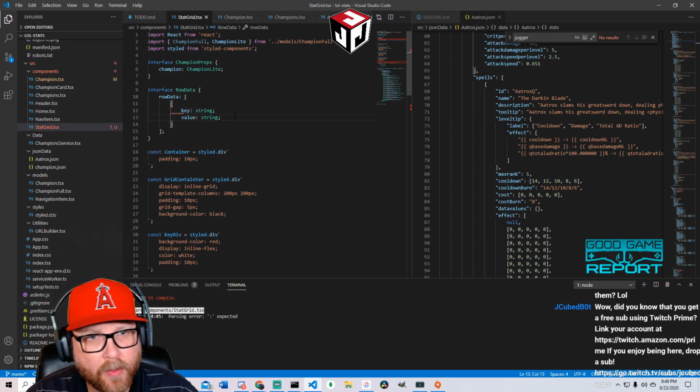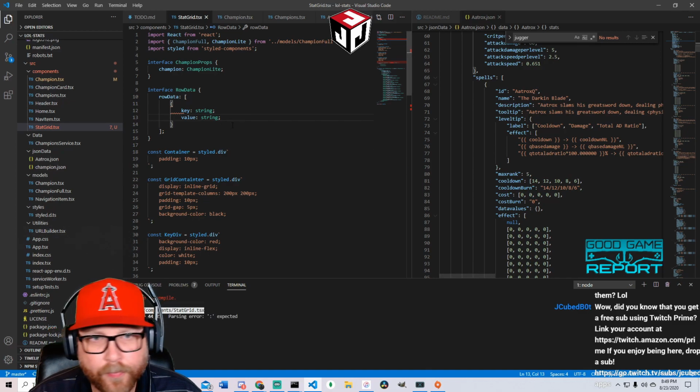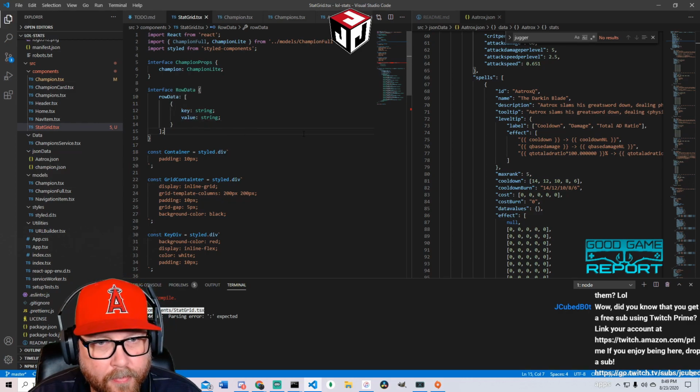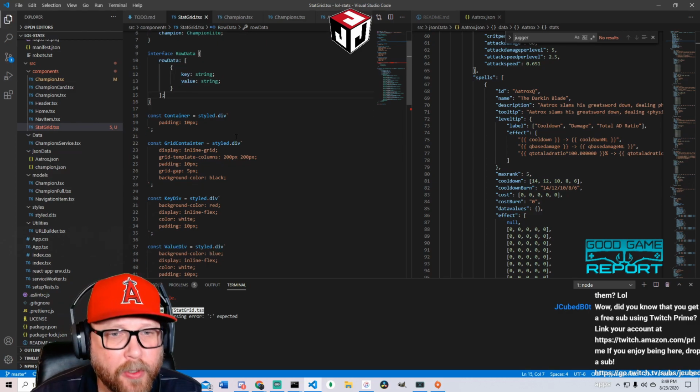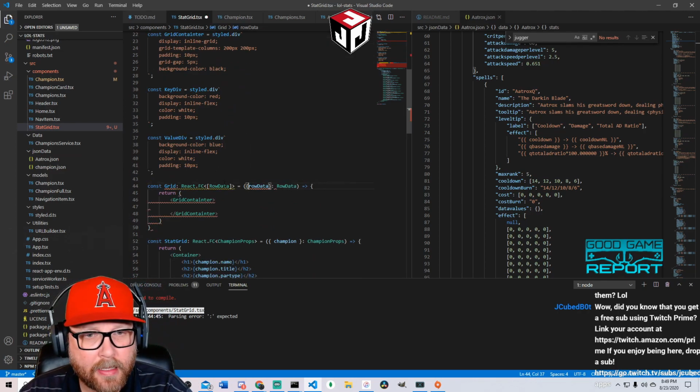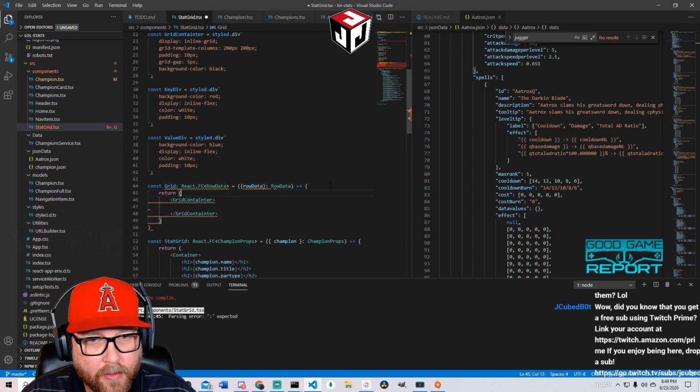Right? No. There we go. All right, so there we go. So now my row data is going to be an array of key values. This is not going to be like that. This is not going to be like that. Okay.